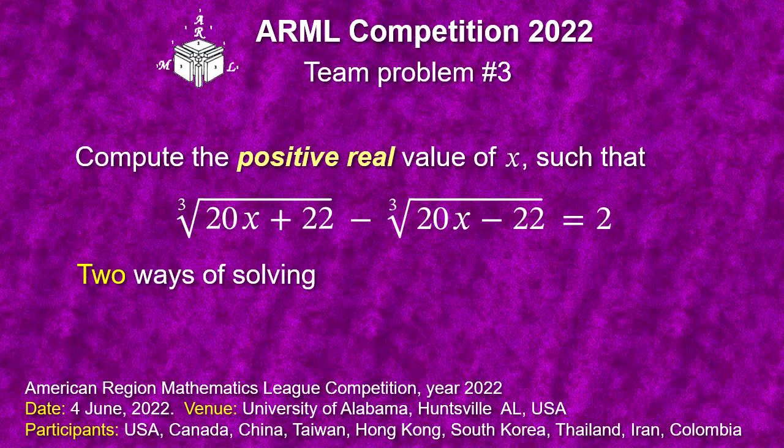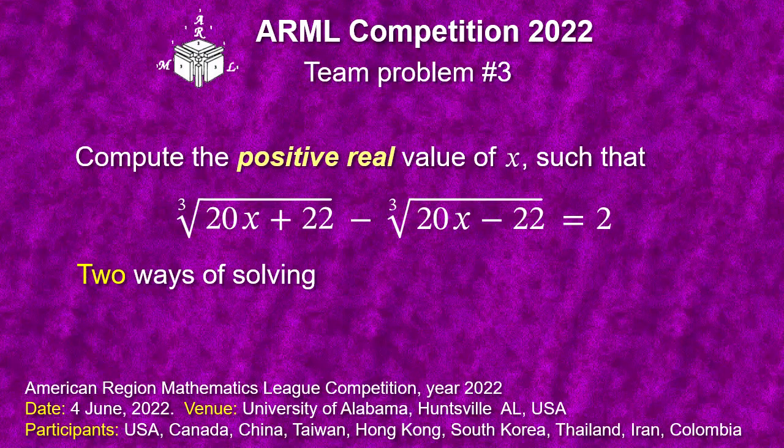This is one of the simplest problems from the American Regions Mathematics League competition that took place on the 4th of June this year. I must admit that the list of participating countries is rather unexpected, given that only USA, Canada and Colombia represent the American continent. What is really sad, neither Australia nor New Zealand appear among the countries. Please don't take it as a judgment about the level of mathematical education on the green continent.